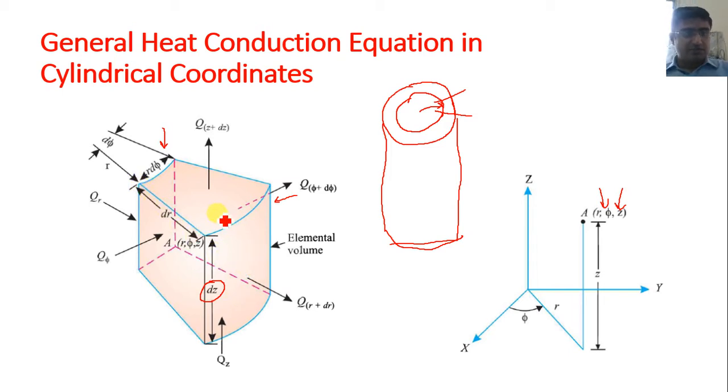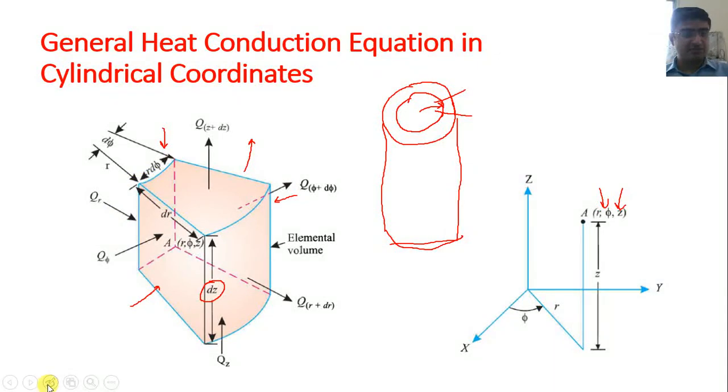And there will also be another axis, which is the phi axis. So what is the phi axis? Here is one surface and here is another surface. Now we are dealing with this curved surface, which is known as the r d phi direction. So how can we identify the length of this curve?